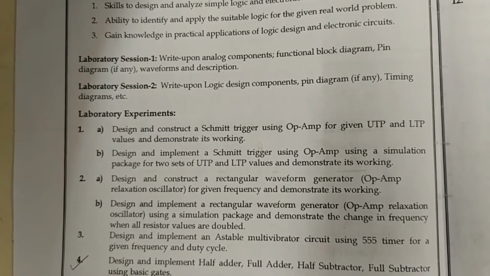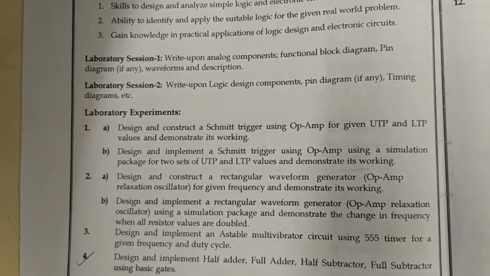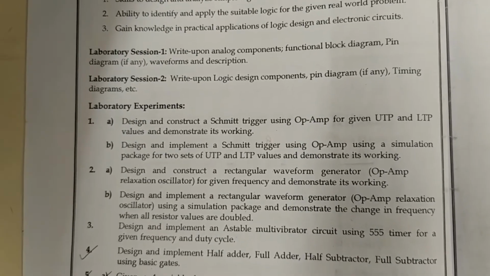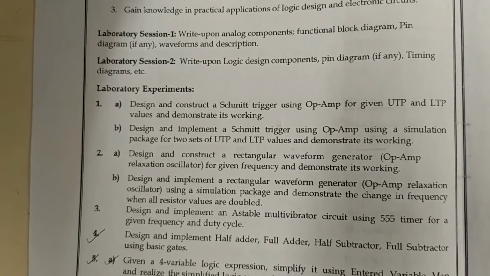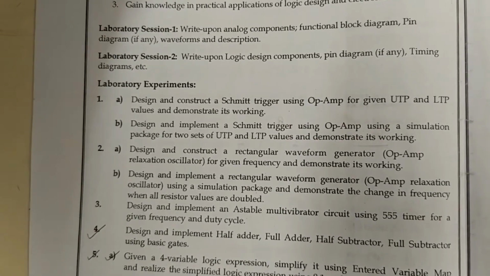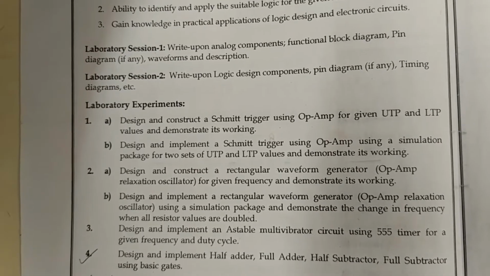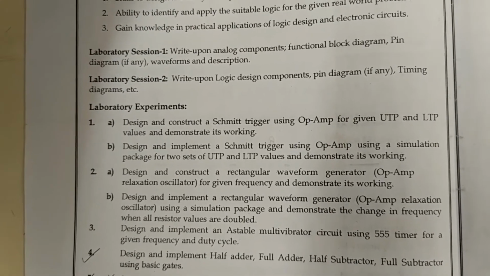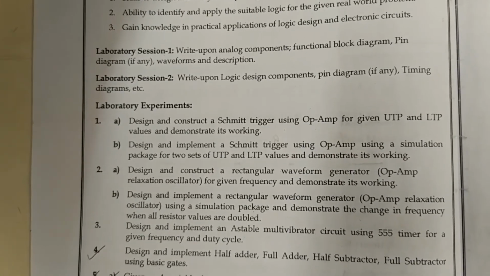But moving on to the analog electronic circuit experiments, the circuit has to be rigged up using the analog components such as resistors, capacitors, wires, or maybe I need to use some ICs or maybe potentiometers, and the output has to be observed in the DSO, or it has to be observed in an oscilloscope. So we will check out the components one by one.